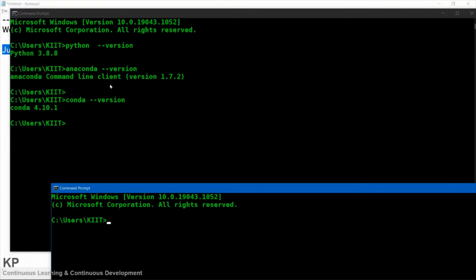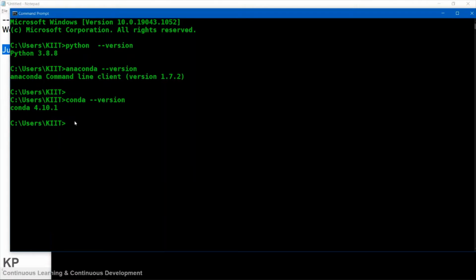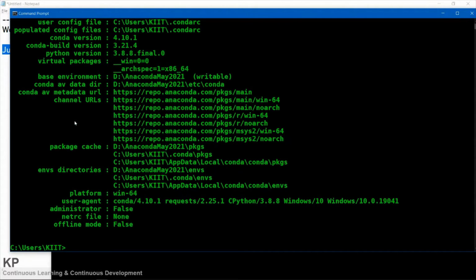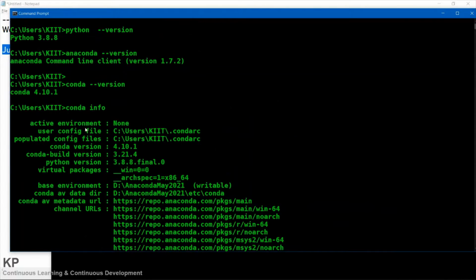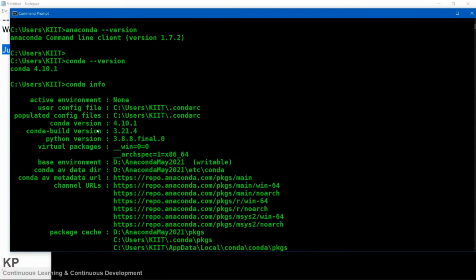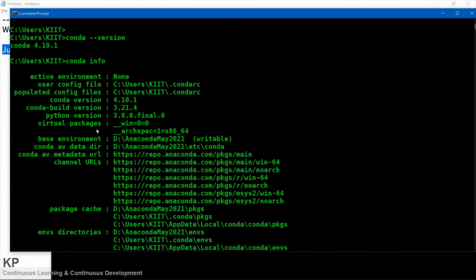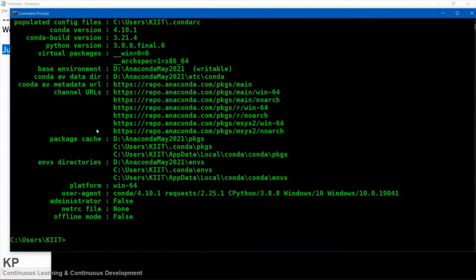So what is Conda? If you want to know, you can just type conda info. Conda actually creates virtual environments. Anything else you want to know, just wait. I will explain later what a virtual environment is and why we need them.